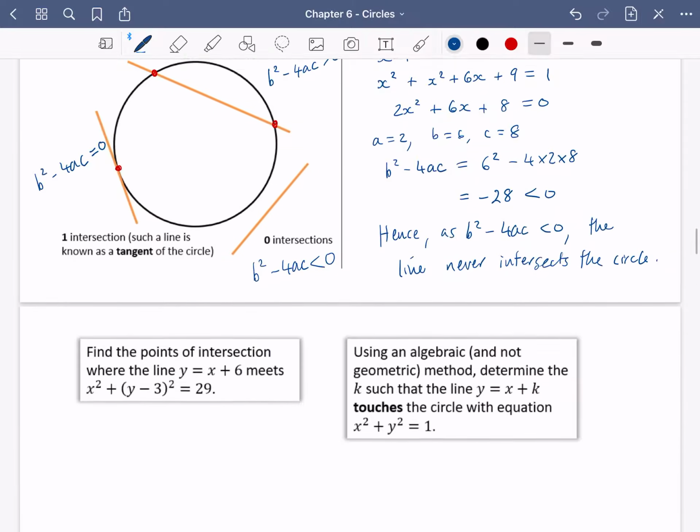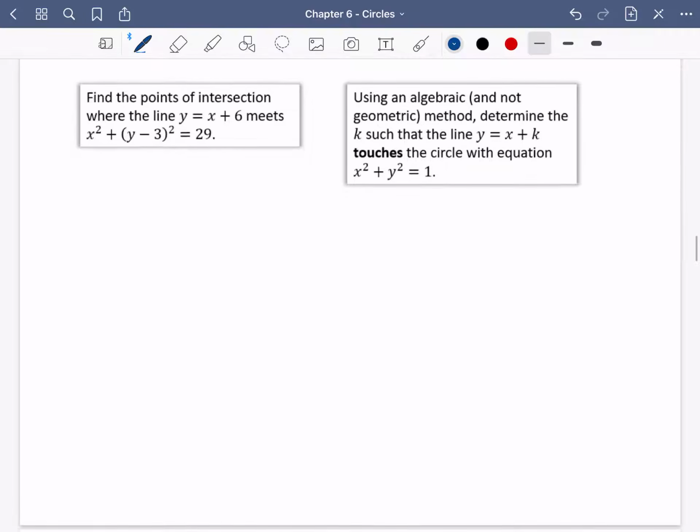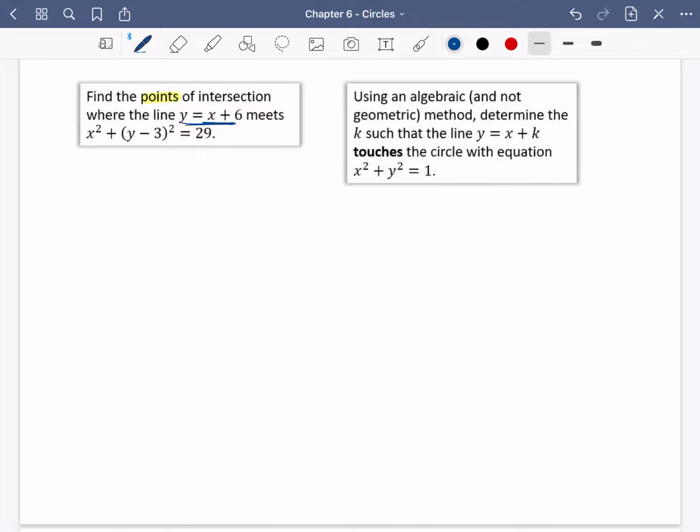So let's have a look at a couple more examples. This one is nice and easy. It says find the points of intersection where the line y equals x plus 6 meets x squared plus (y minus 3) squared equals 29. So there's a clue in the question. It says find the points of intersection. That means there's going to be more than one. So I'm going to take this and substitute it in place of y. So we have x squared plus (x plus 6), and then I've still got the minus 3 squared